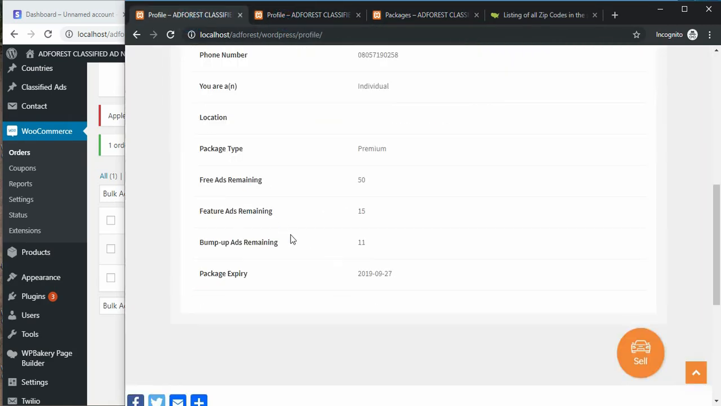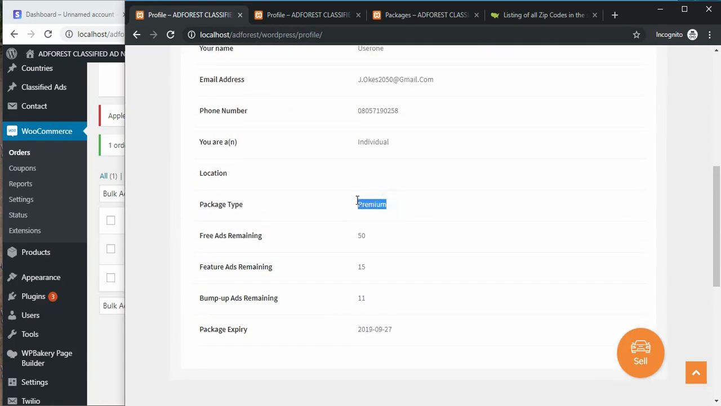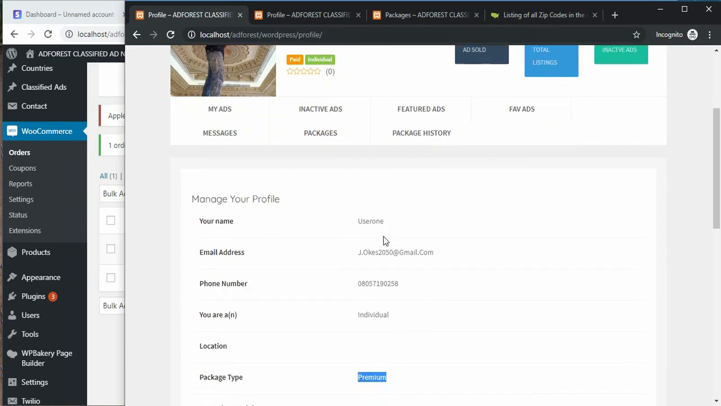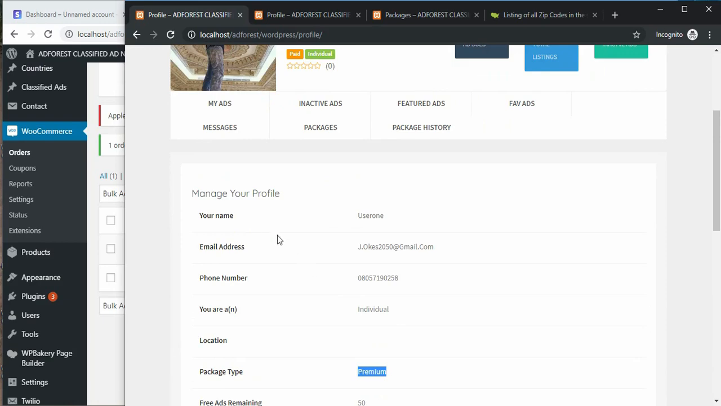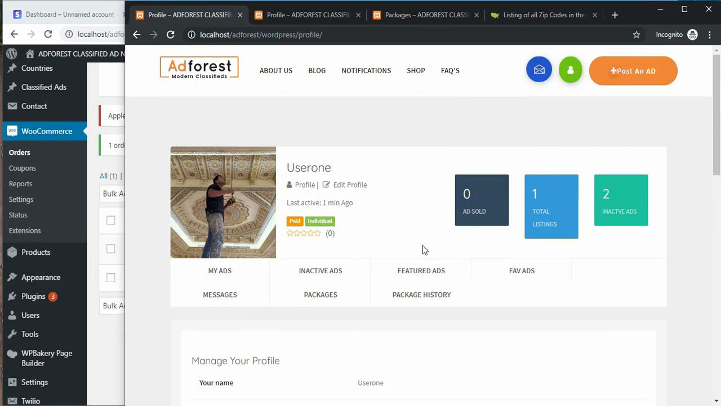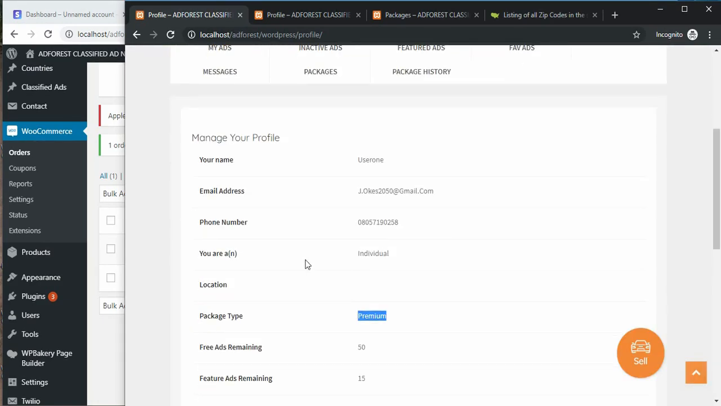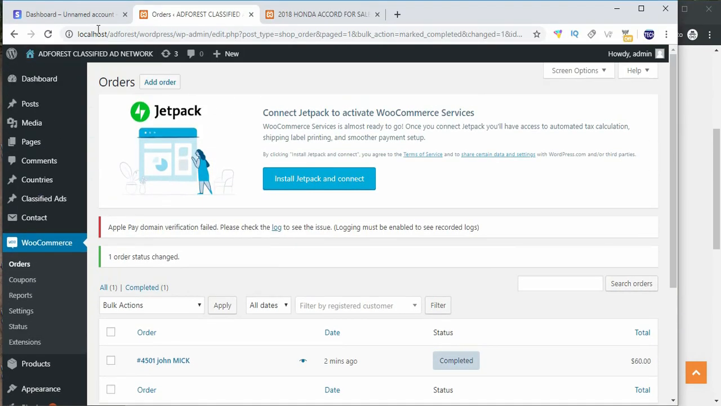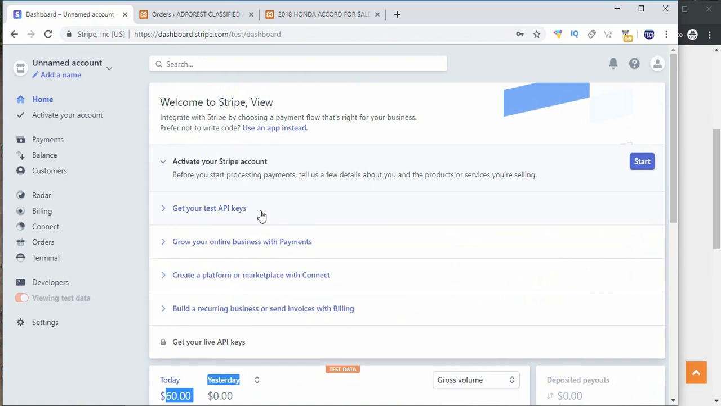That is exactly what we have here. Expiry date, that is when the ad is going to expire, and the package type and everything is listed in the person's profile. So this is basically how to add payment system to